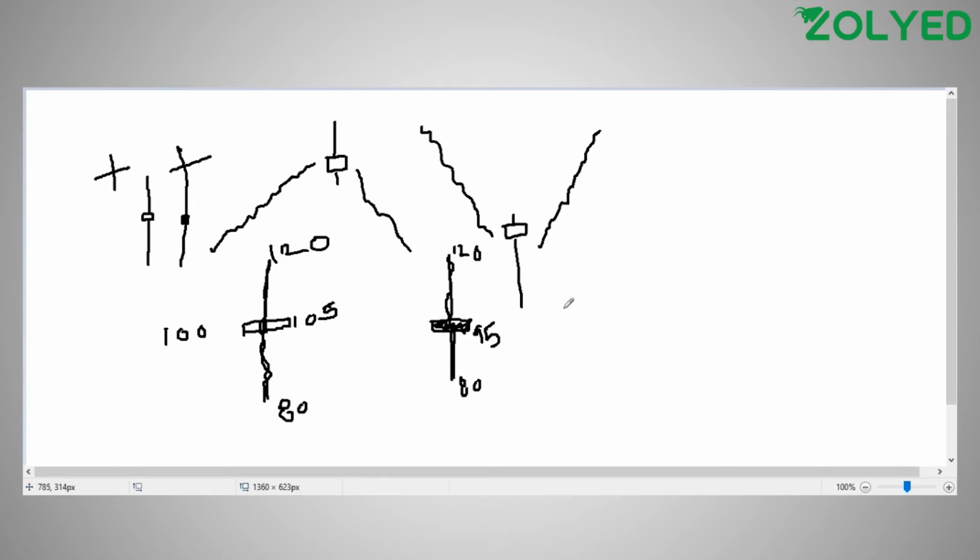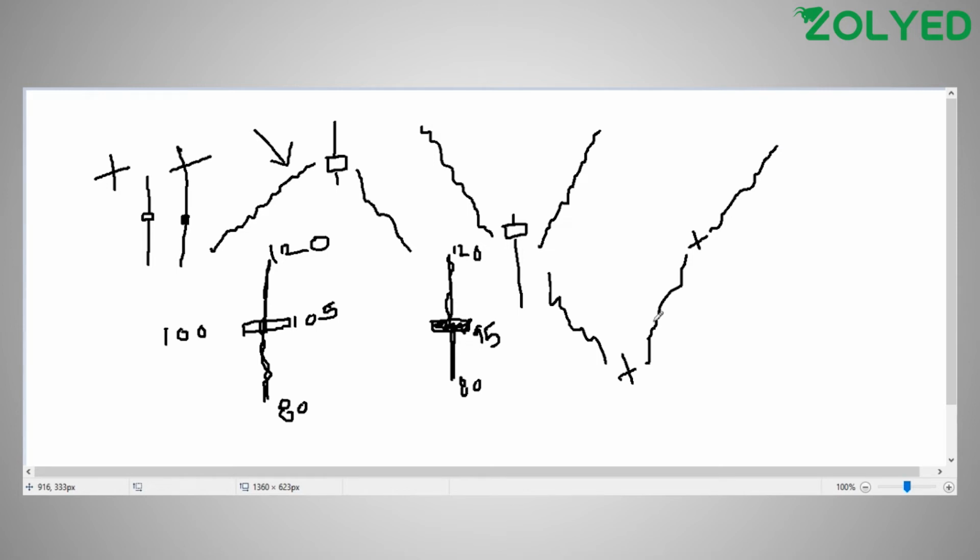Now you must be thinking whether it works as a hammer or a shooting star. Friends, I have given you a very good example that it doesn't work like a shooting star or a hammer. Suppose the market is going down, and if a doji appears, it will again rise. And if a doji appears over here, it will again rise. So it's basically a pause in the ongoing trend.